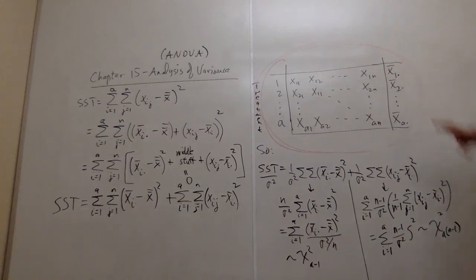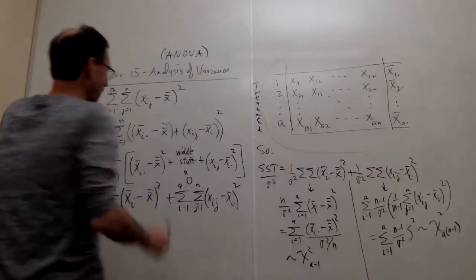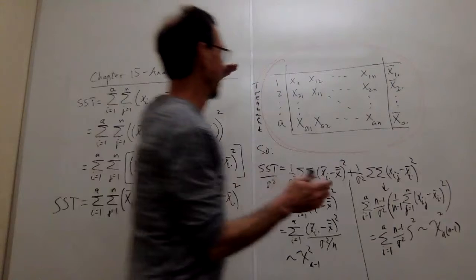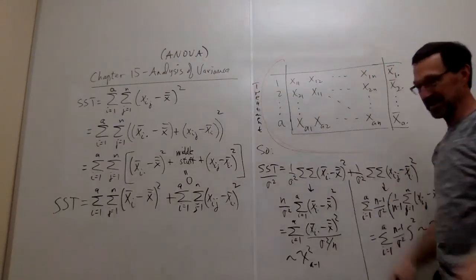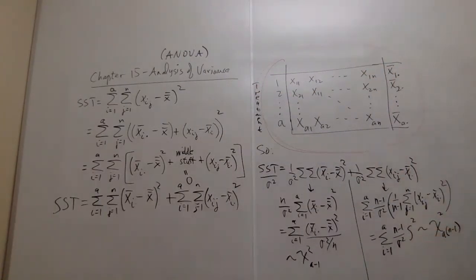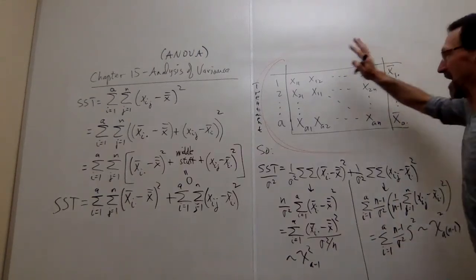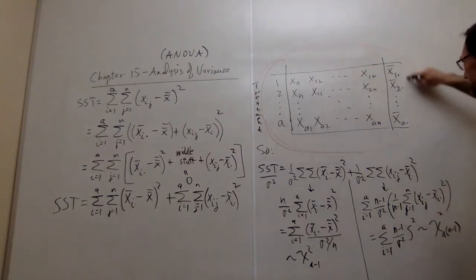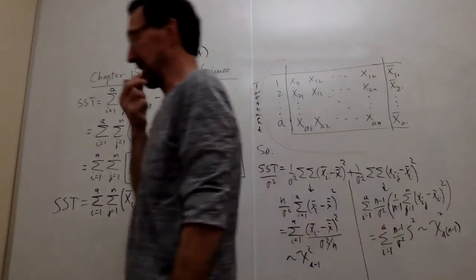Because while these fluctuate, if this one is bigger than that one, then we start to think maybe there's something going on here. So what we need to do is take the total variation and break it up into two parts. One of which deals with the variation along the rows, which we can just say is noise, the randomness in my sample. And then we can look at the variation that comes out of the total